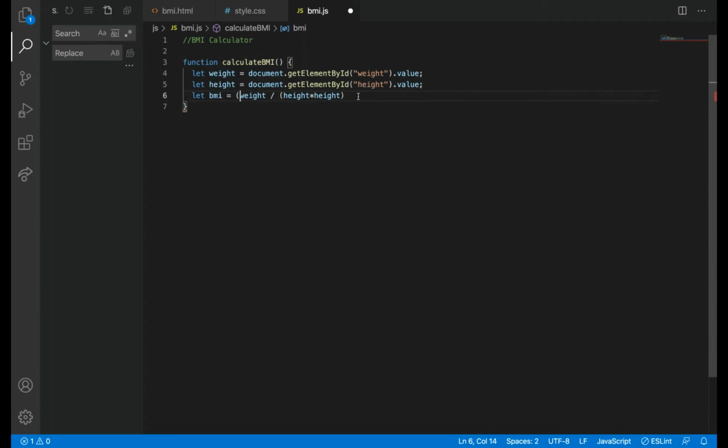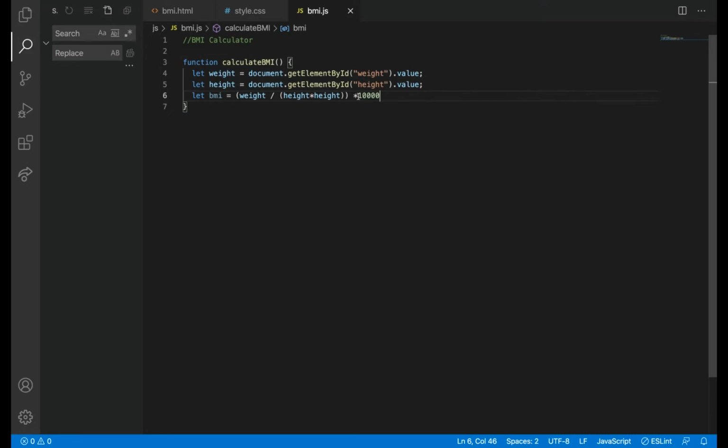So into 10,000 they have told, right? Because we converted this into centimeters, it is in centimeter. 1 meter is equal to 100 centimeter, right? Yes, correct.